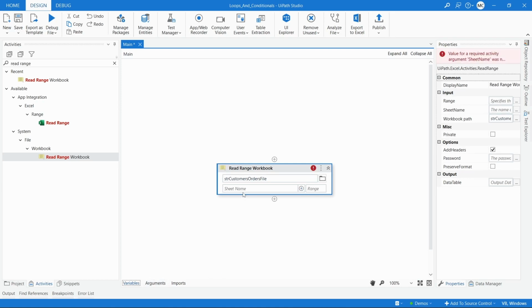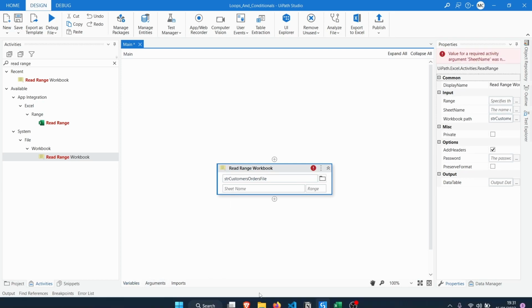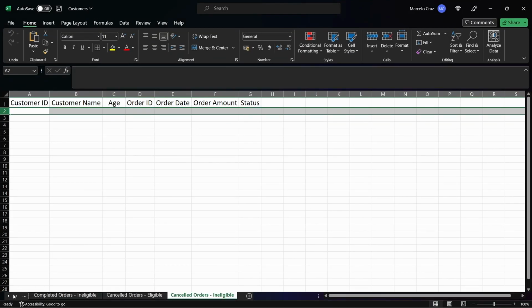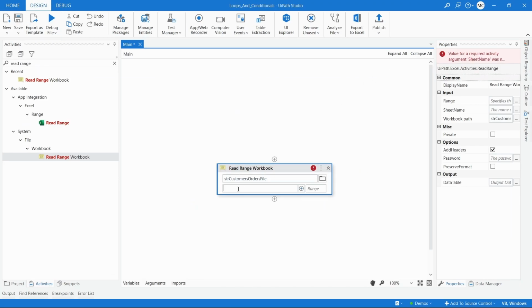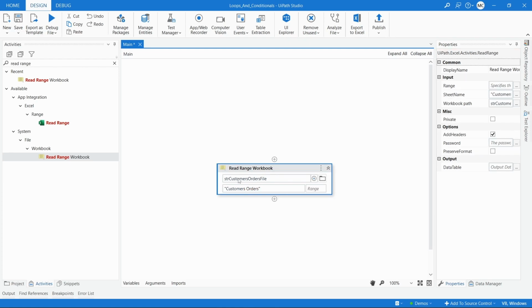Now let's indicate here the sheet name, so the sheet that has the customer's orders. So let's get the name. Let's paste it here inside double quotes. And now make sure the option add headers is set to true, and let's create a variable that will store the data from the Excel sheet. So let's create a variable that will be a data table, dt underscore customers orders,